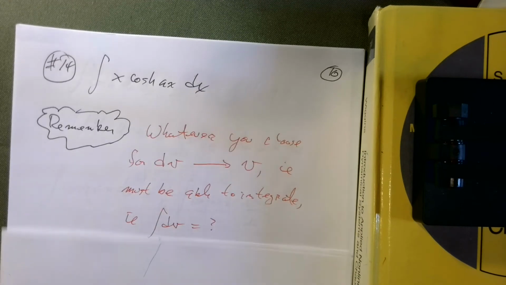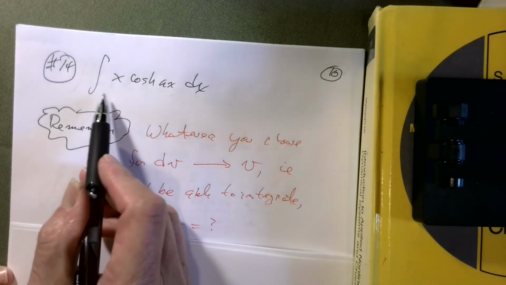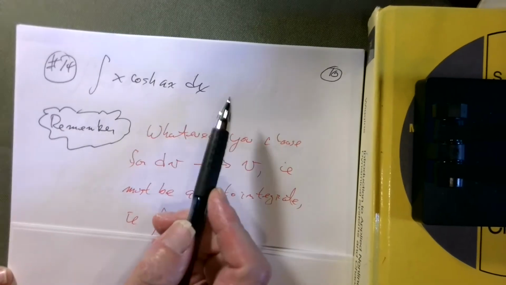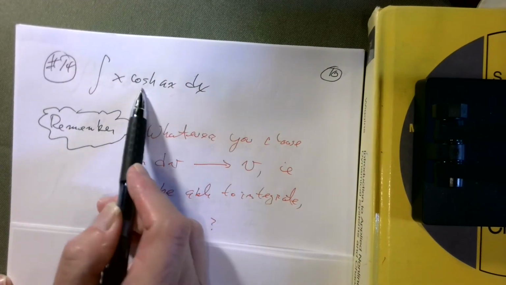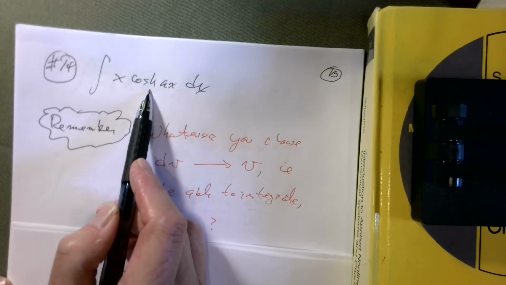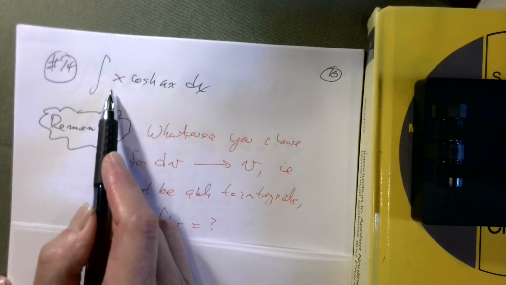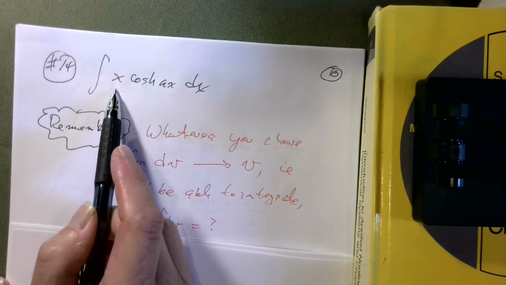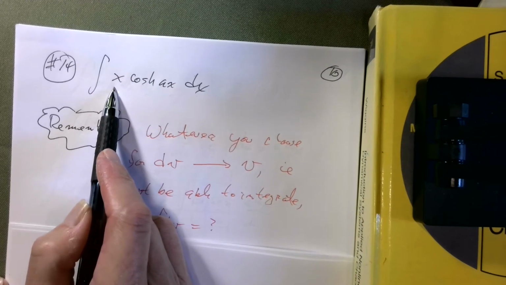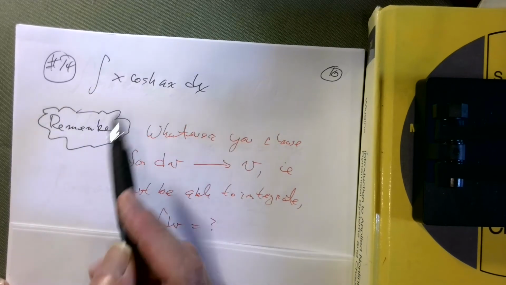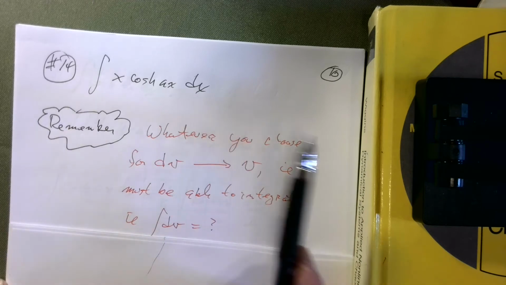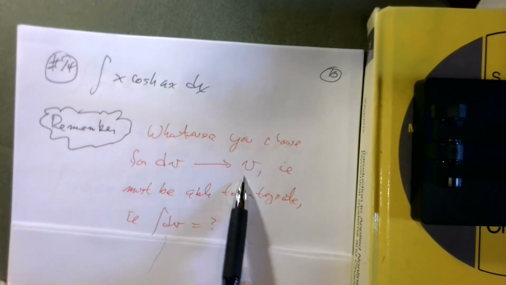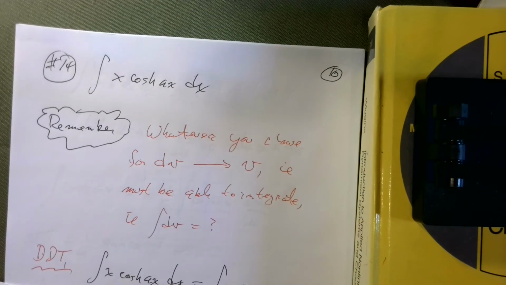So we have a problem. How do I integrate? It's a very similar problem, except we have hyperbolic trig functions. So it's the same type of thing. We're going to have to be shifting a derivative onto this guy to try to bring it down. And remember, whatever you choose for your dv, you better be able to integrate it, or there's something else that